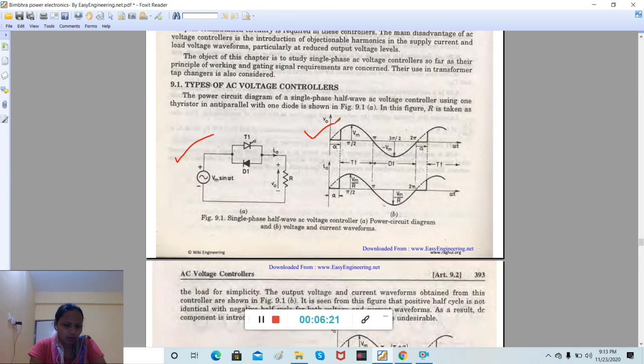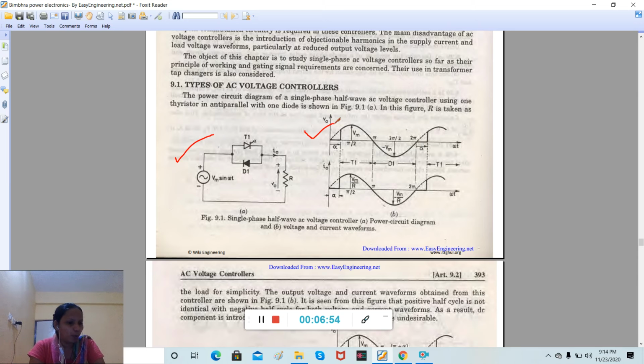The principle of phase control, with respect to the phase control rectifier, we already studied in the rectifier part. The basic philosophy of this phase control in single phase voltage controller is the same as the rectifier circuit. Here the switching device is so operated that the load gets connected to the AC source for a part of each half cycle of the input voltage. Clear?